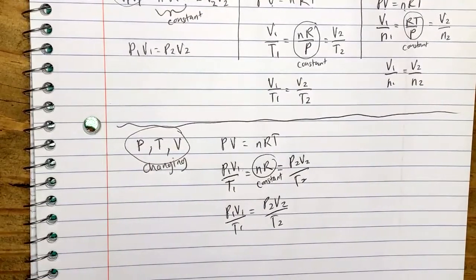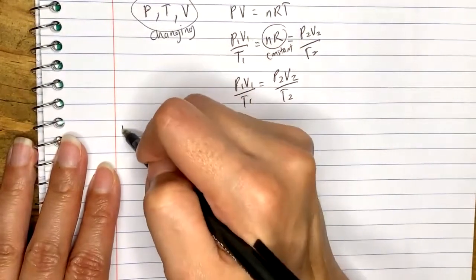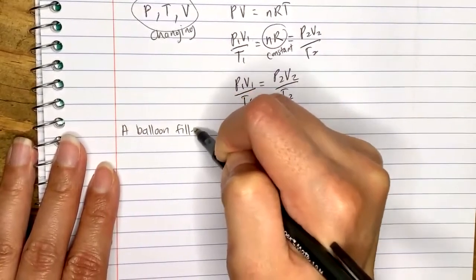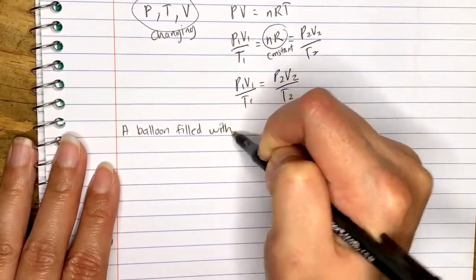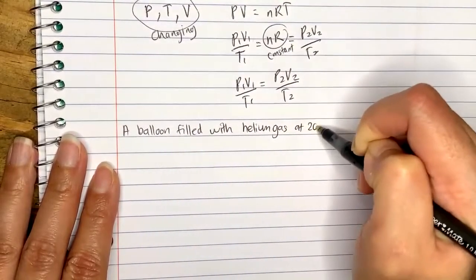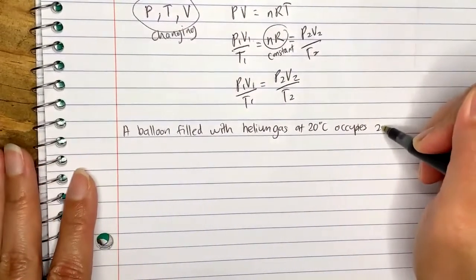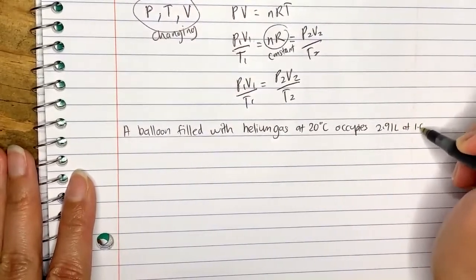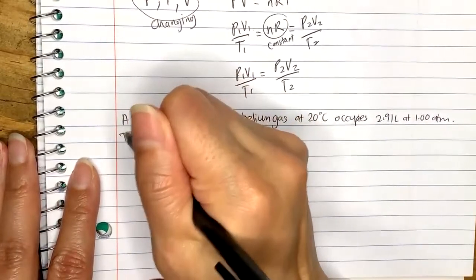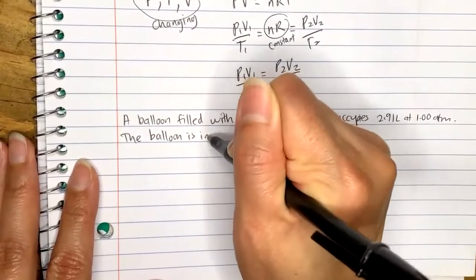Okay, so let's go ahead and work on a problem here. I'll write the question out. It says a balloon filled with helium gas at 20 degrees Celsius occupies 2.91 liters at 1.00 atm. Okay, and then it says this balloon is immersed